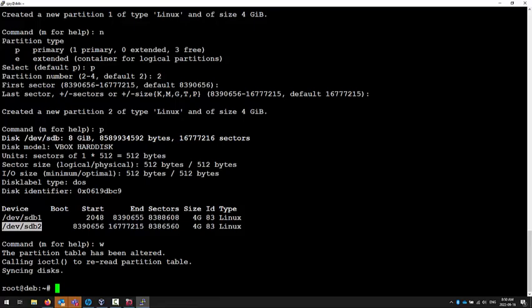We are going to do the mkfs.ext4 command. That's the file system type we are going to format. The mkfs is to make a file system, and it takes different types. In this case, it's going to be the ext4 file system. And we need to give it a device name,